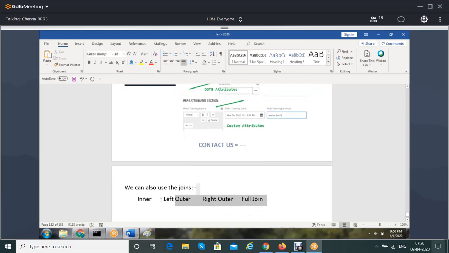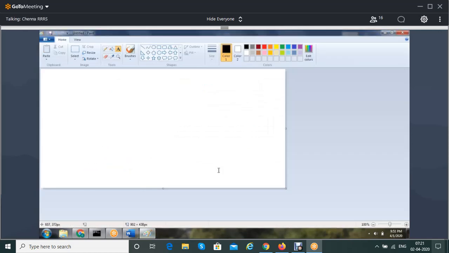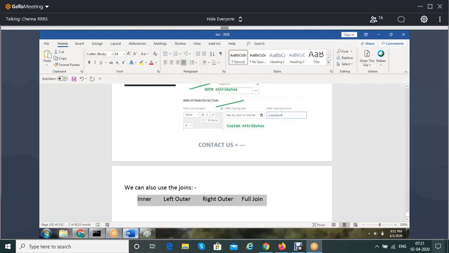I think I need not explain the meaning of inner join, left join, right join, full join. Does anyone want to explain what the meaning of inner join, outer join, left join, full join is?